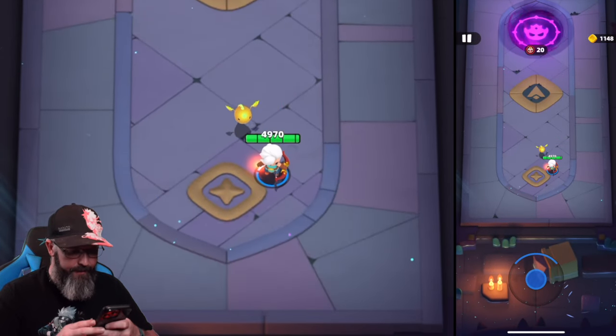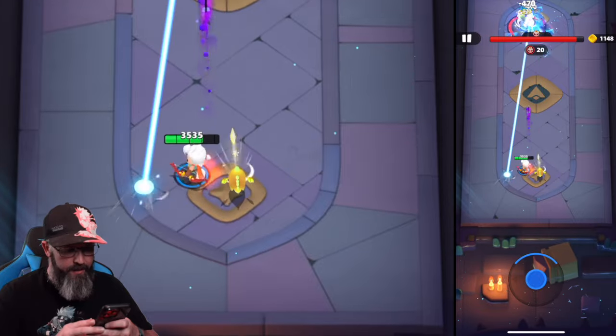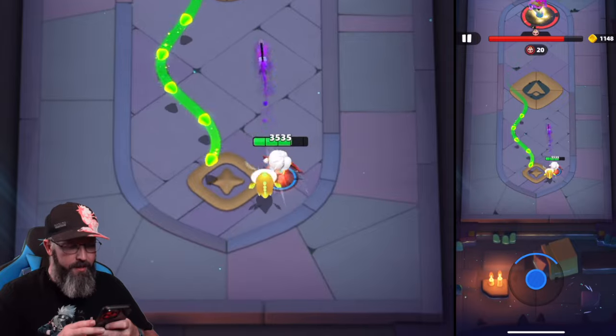Come on, get close. Grab an attack power. Second boss. All right, it's gonna be a snake dude, so green snakes. Oh, I forget about those things. So when he launches out those balls...